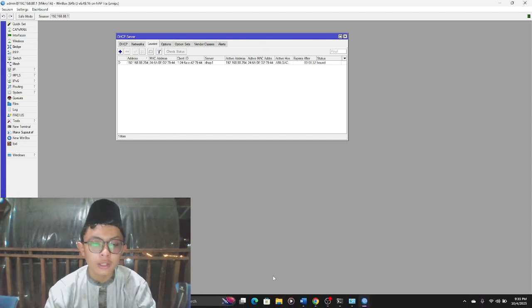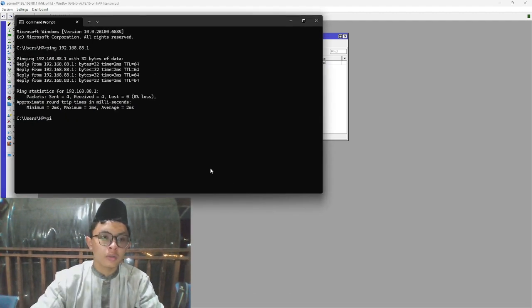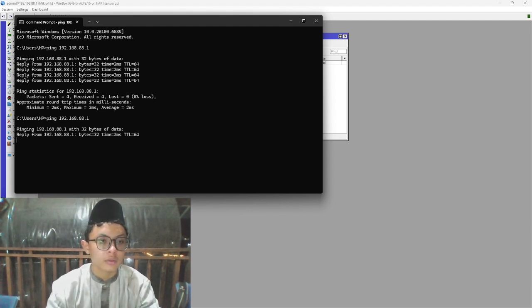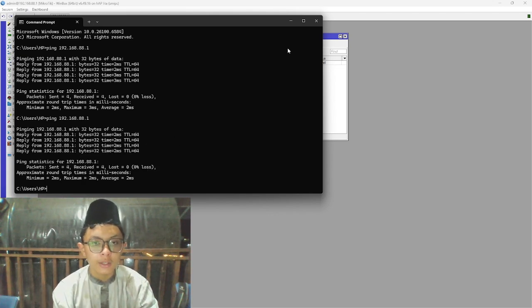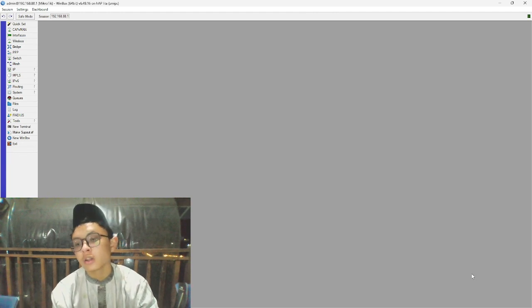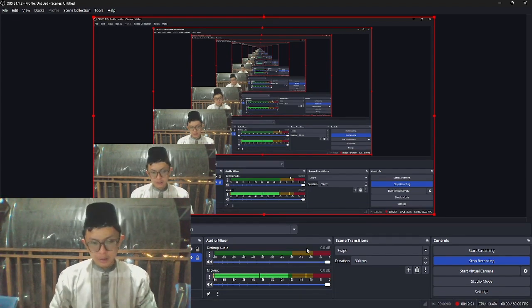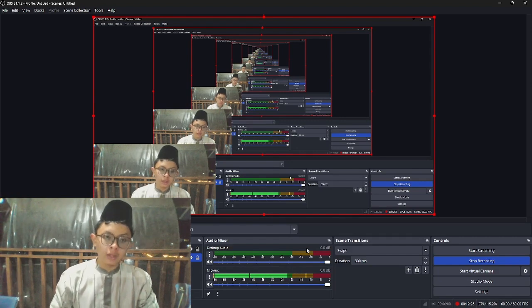And you can check the connection in the command prompt like this. You can use the ping command to check the connection between your router and your laptop. If you get a reply from the gateway, you are done, and the router has given the DHCP IP to your laptop. That means you have completed the tutorial to make a DHCP server with me.